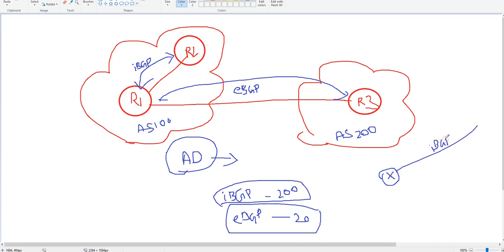Just assume that, and it also has an eBGP neighborship with some router. Router X is receiving an update for a prefix, let's say the 15 network